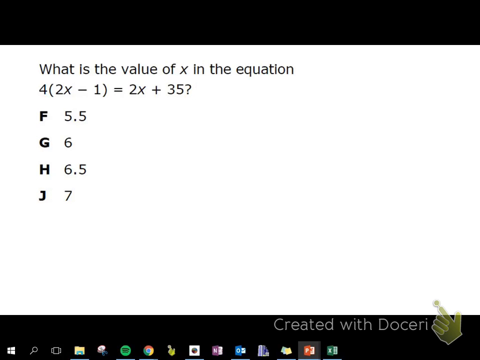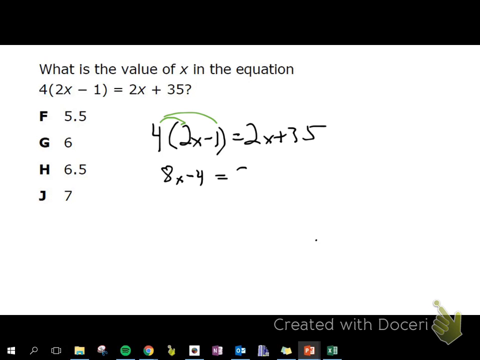What is the value of x in this equation? So, got a little distributive property here, nothing to be worried about. I'm going to distribute right here. Then I have 8x minus 4 equals 2x plus 35. And now I've got one of these equations with variables on both sides. So the way that I explained it is I like to choose a side to get all my variables to, and I like to choose a side of the equation to get all my constants, or all my numbers, to, and then act appropriately. So for example, if I want all my x's on the left side of the equation,